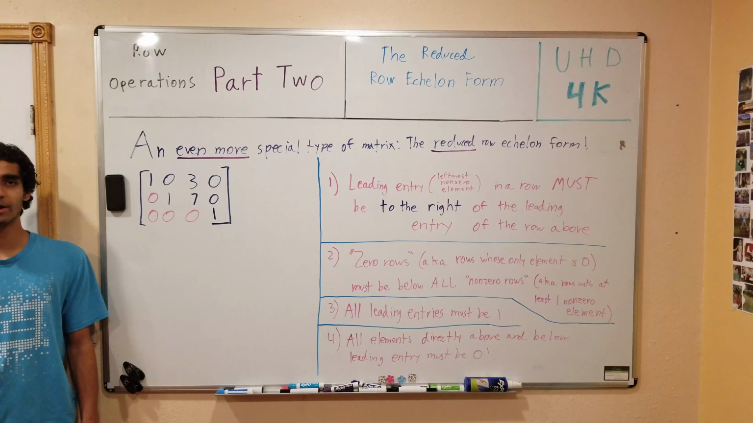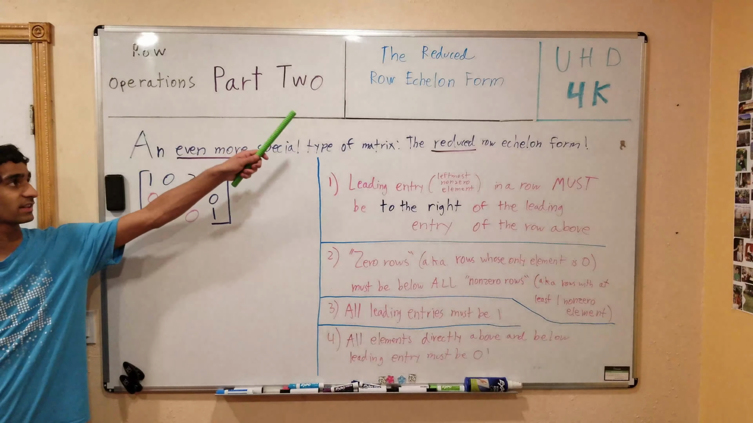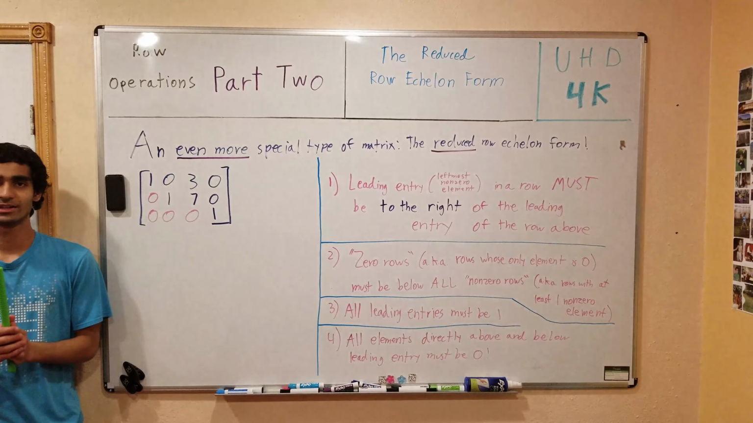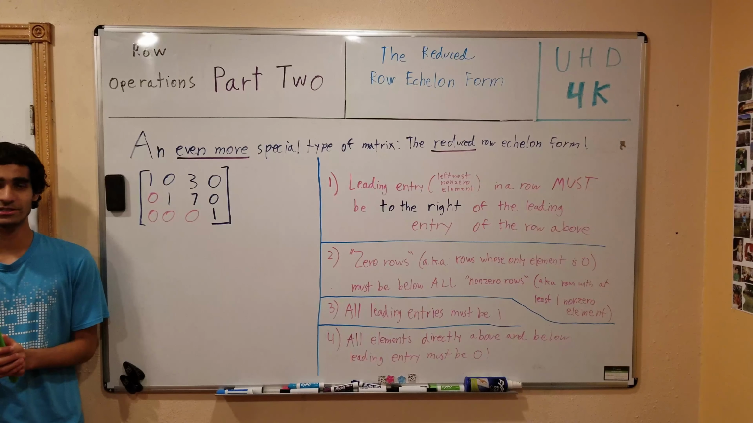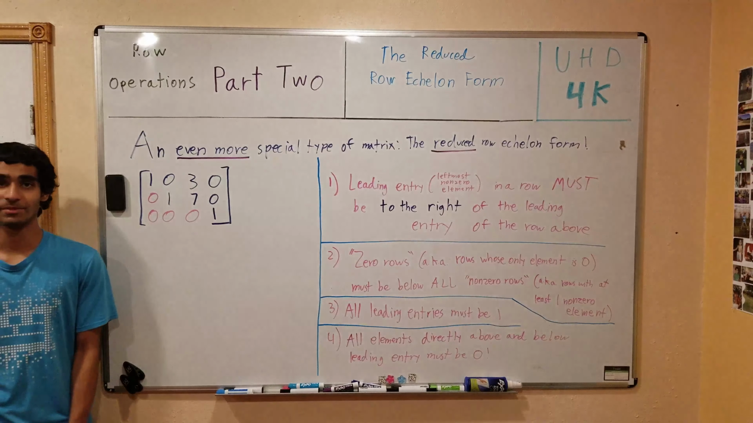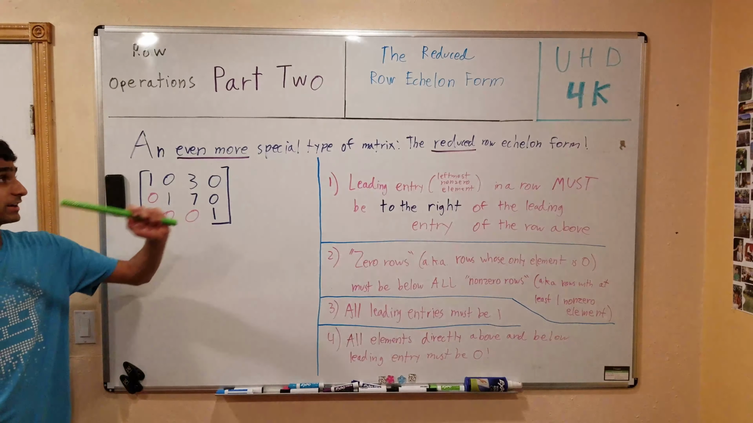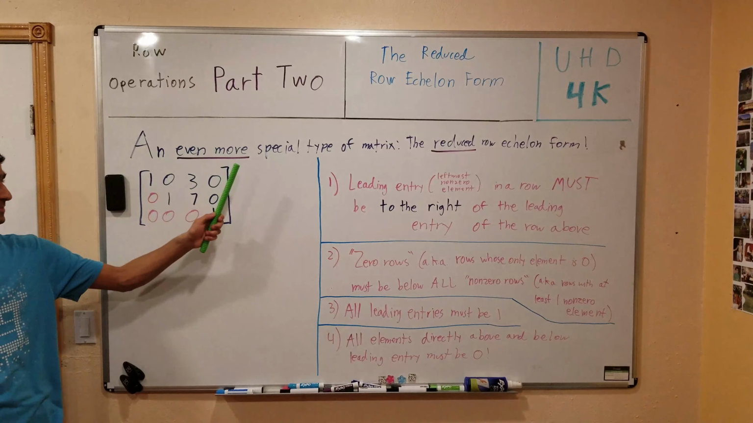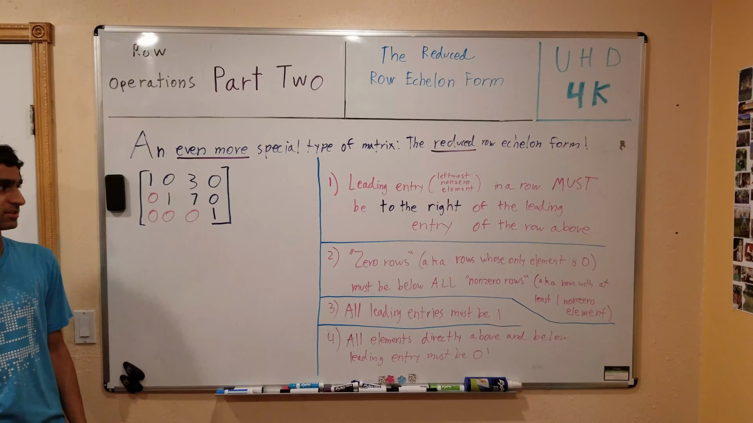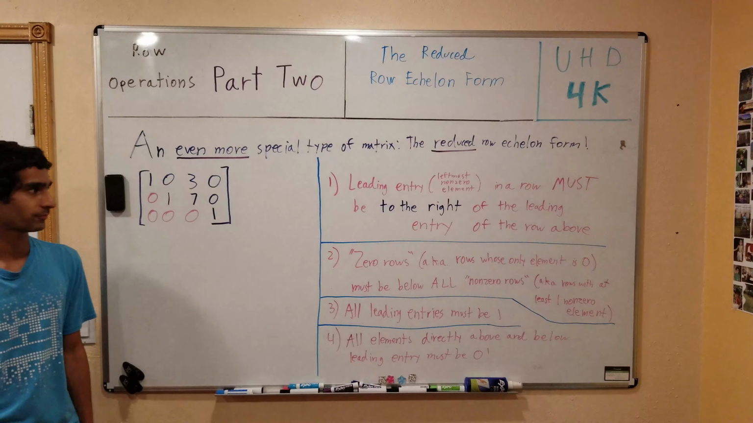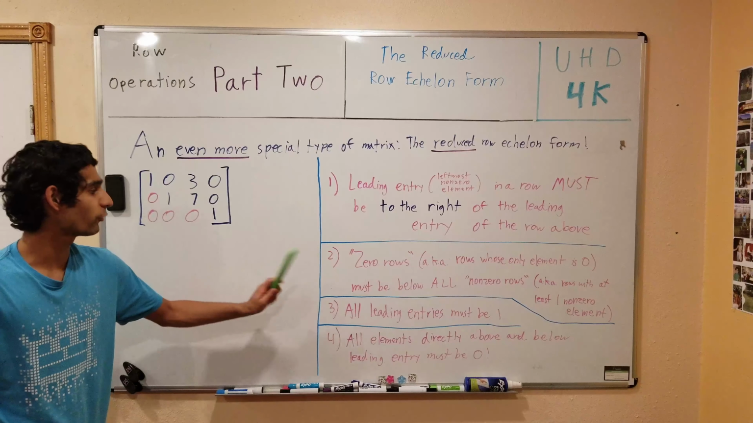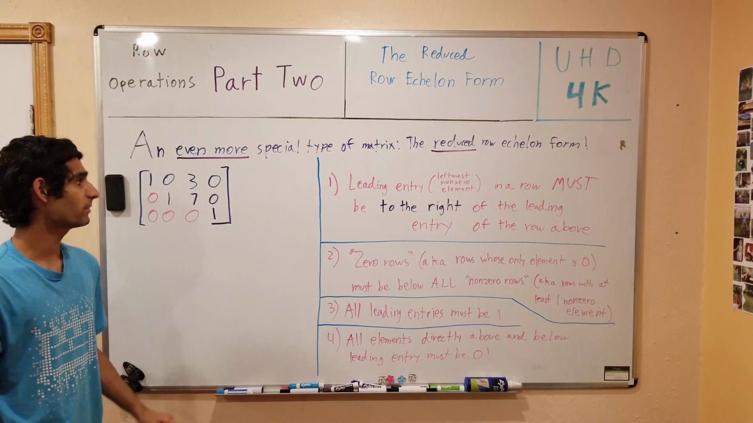Today we will be talking about an even more special kind of matrix, the reduced row echelon form. As you may recall, in the last video we talked about the row echelon form, but today we'll be talking about the reduced row echelon form. It's an even more special and even more exclusive kind of matrix. So let's get started. Now, I've listed 4 points over here,